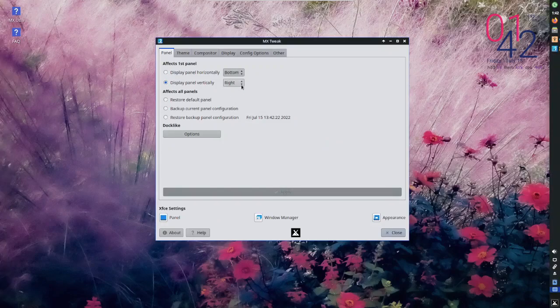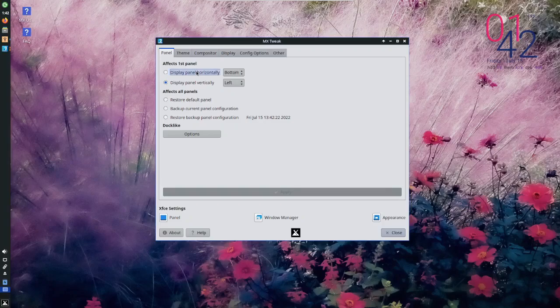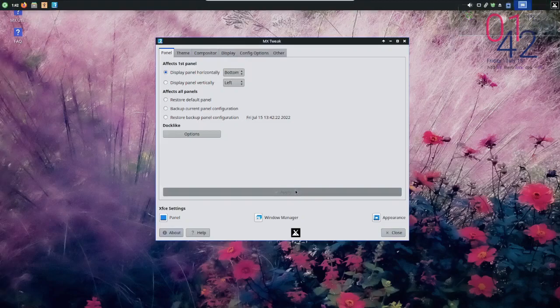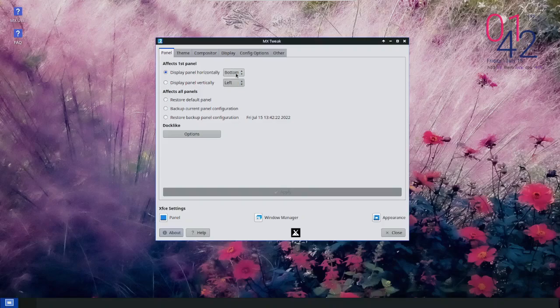Nope. I want horizontally, please. Wait, why is it? Oh yeah, that's bottom, top, bottom. Oh, apply. Yep. Wait, what's going on?